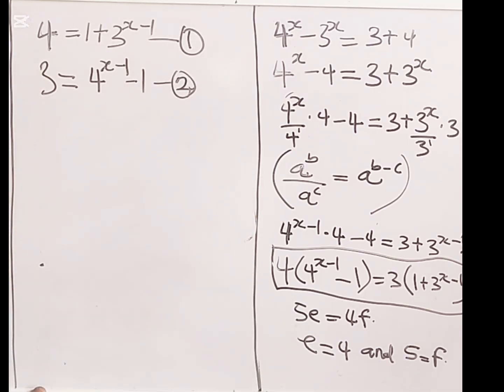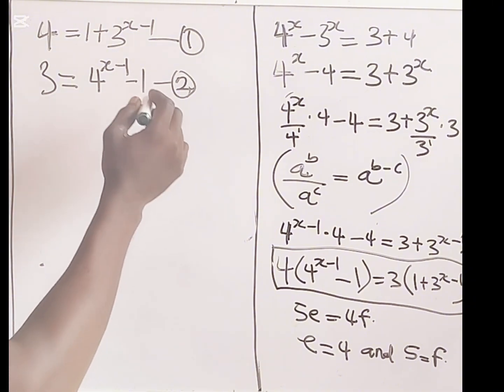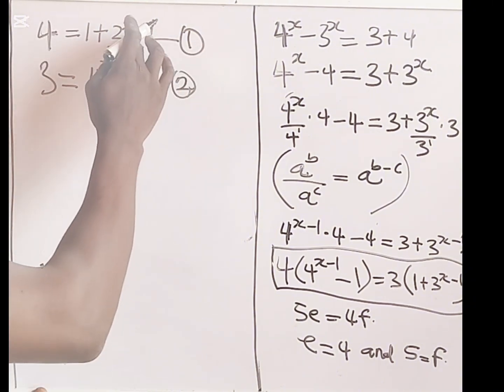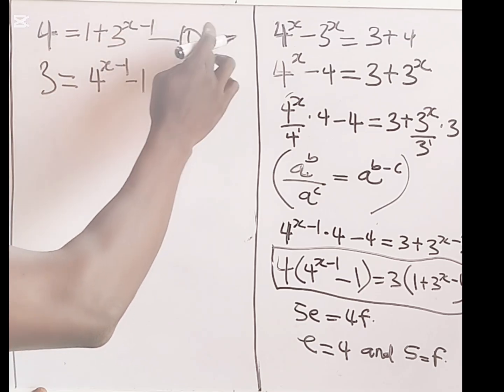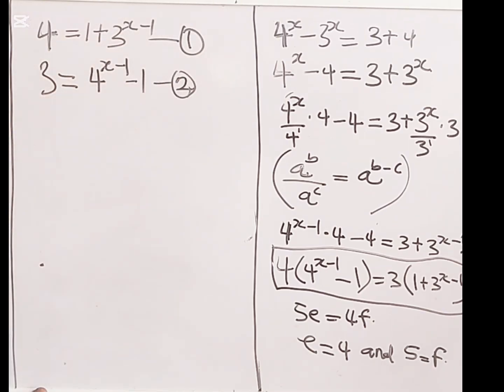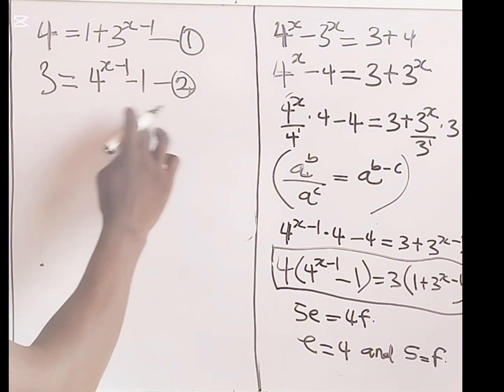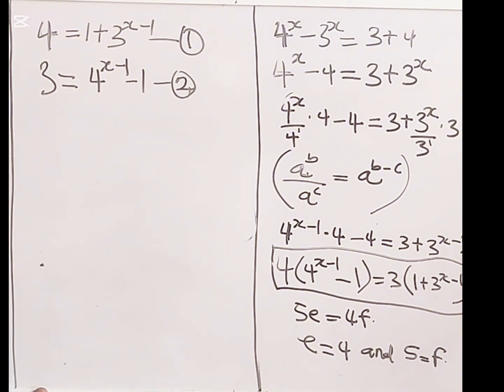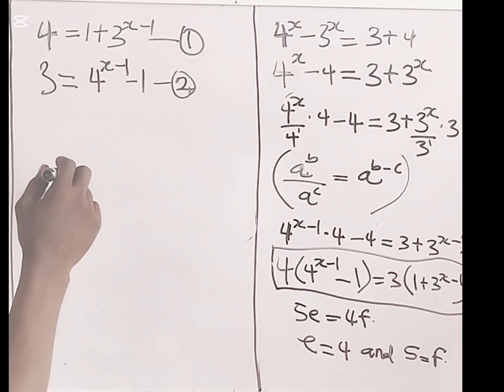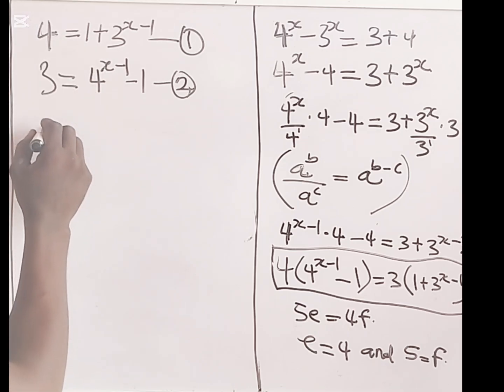If all our steps are correct, after solving equations 1 and 2, the answer we'll get for x in equation 1 must be the same as the answer we'll get for x in equation 2. So this is the final stage of our problem, the solution to our problem, where we will solve for x directly. Starting from equation 1, we can rewrite equation 1 as